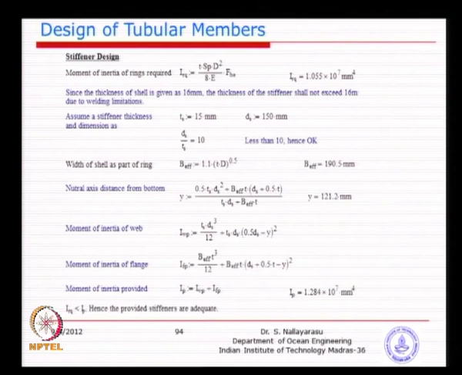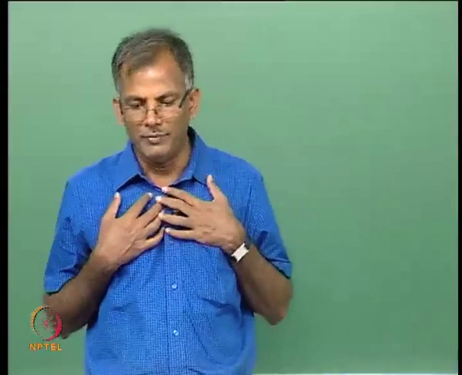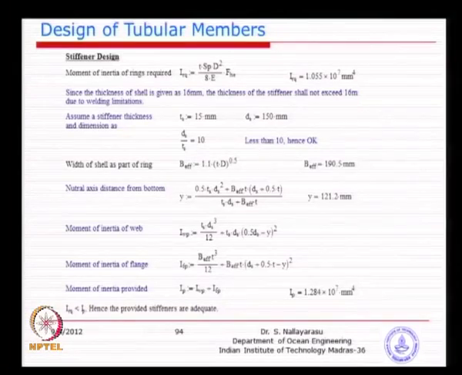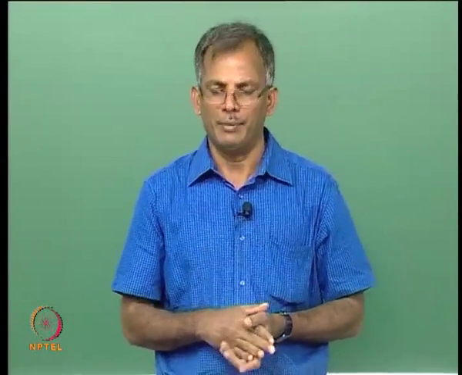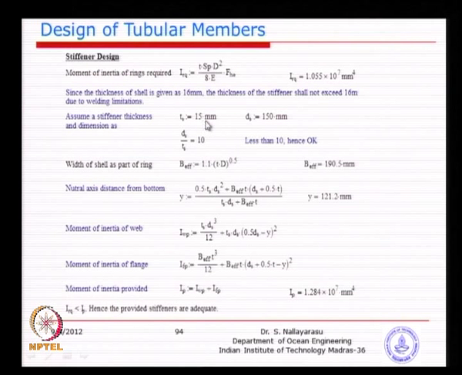So, that is what we are now just going to do, find out what is the moment of inertia required, and then start assuming. And this is where, if you assume 10 mm for example, typically I have taken 15 mm and I have just come up with a 150 mm outstand. Typically for any unstiffened element, the plate thickness to width ratio should be somewhere around 10. We will talk about this when we discuss another code, the American Institute of Steel Construction, AISC code. So, typically if you have 100 mm, 10 mm minimum thickness, if it is 150 mm, you should have minimum also 10 mm. So, in this particular case I have just taken 15 mm and basically kept the outstand